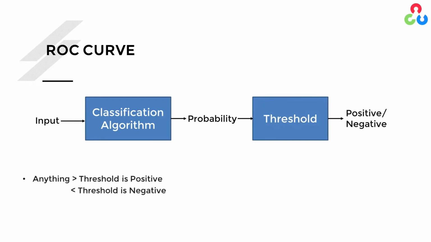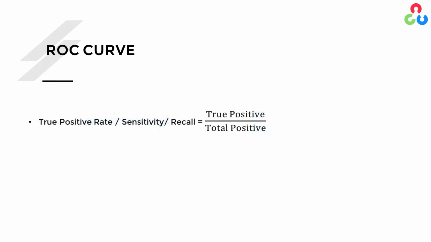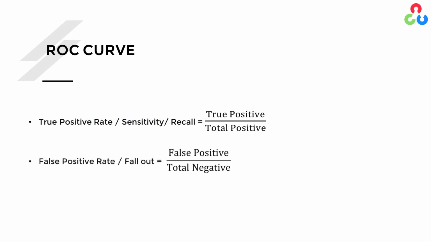Everything above it will be considered positive, and everything below the threshold will be considered negative. Depending on the algorithm and the task, we can select different values of this threshold. The ROC curve helps select the right threshold for our requirement on the true positive and false positive rate. The true positive rate, as we have already mentioned, is also called sensitivity or recall. The false positive rate is also known as the fallout or probability of false alarm. Out of all the samples that were not diagnosed as breast cancer,